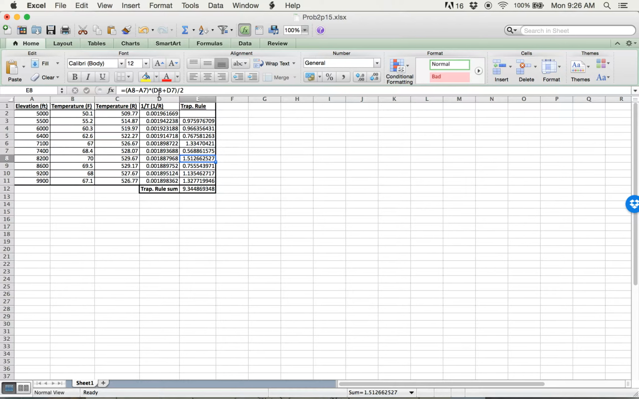Go to another one, we're taking the difference of this minus the one before it. That gives us the difference in elevation. And then here we're taking the average of the 1 over t's at those 2 endpoints, and I'm multiplying those 2 together to get this. Sum all of these up, so if we go to the bottom, we're just summing up E3 to E11. Excel nicely highlights that for us, so we're just summing that up, and that gives us,